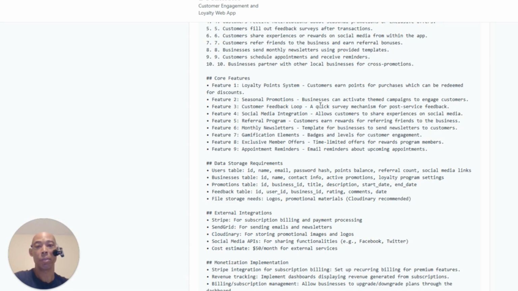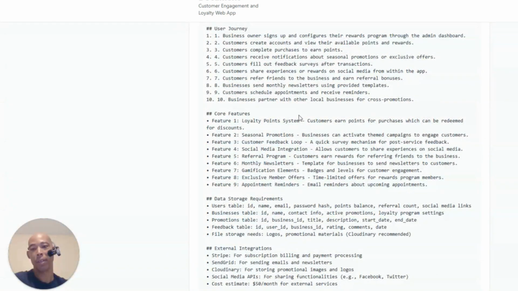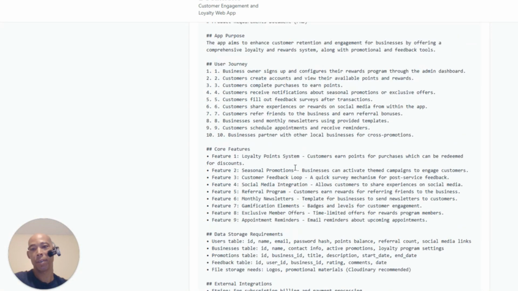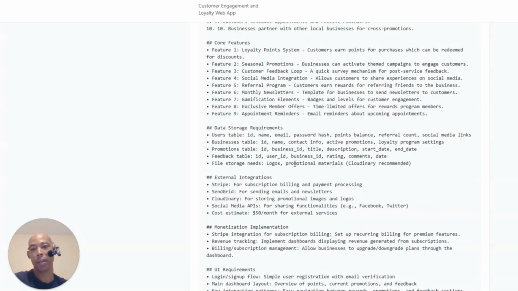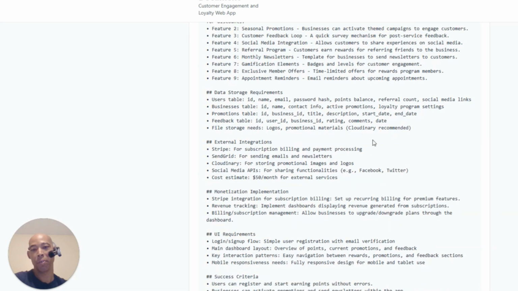Loyalty point system. Customers earn points for purchases which can be redeemed. Well, it's all there. Matter of fact, user journey, core features. Okay. Gamification. User ID, name, email, password hash. Okay. Man, I forgot to tell it cloud in there, recommended. I forgot to tell it GoHighLevel, data storage for